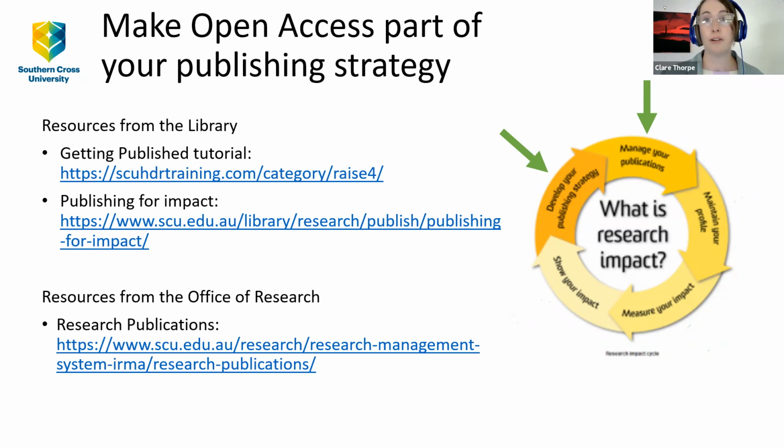So as you're applying for grants, investigating what the requirements are and compliance for open access. But even if you are just looking at publishing work that you've generated here at Southern Cross, considering open access options right from the beginning of developing that publishing strategy and thinking about how that might enhance your impact going forward. So that's really the two things that we're going to focus on today: how you can build this into your publishing strategy from the beginning, but also what to do if you do have a publication set. Can you make those open?